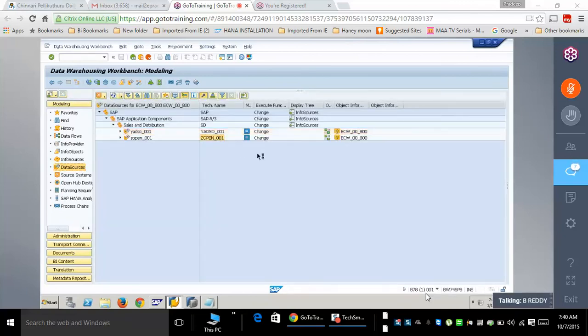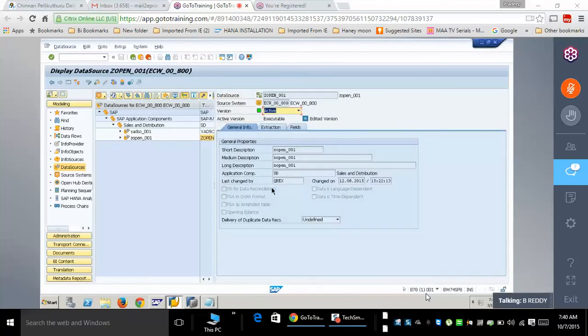This is my data source. Okay, direct access allowed, and